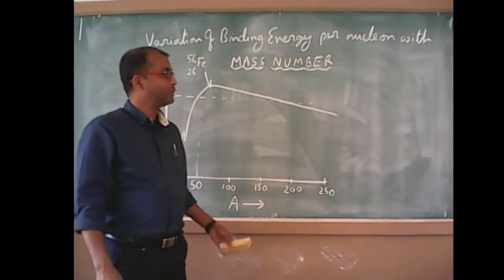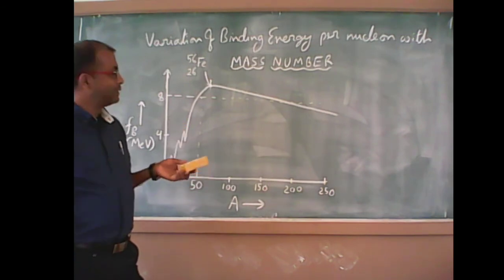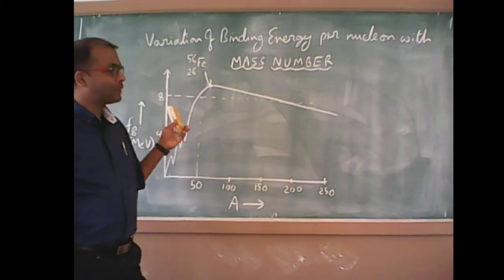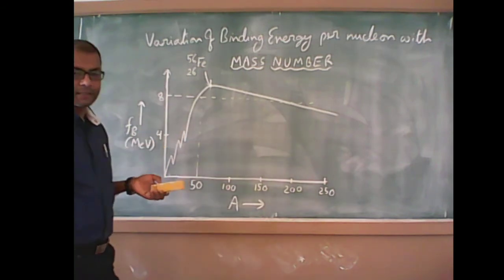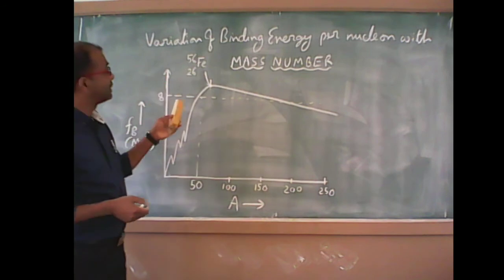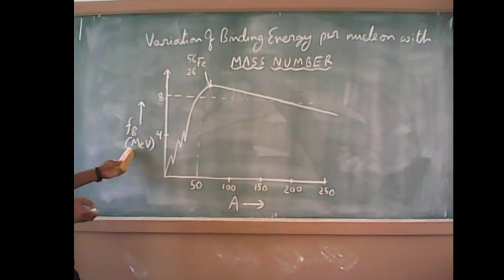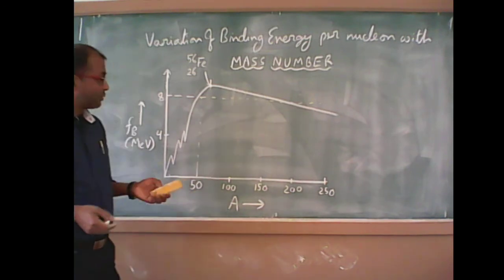As we talked about, we need to compare the binding energy per nucleon for different nuclei. The binding energy varies with mass number, and hence the binding energy per nucleon of different nuclei also varies with mass number. This plot shows the variation of the binding energy per nucleon of different nuclei with mass number. Along the y-axis we plot the binding energy per nucleon, Eb, in units of mega electron volt (MeV), and along the x-axis it is A. So what is observed is that